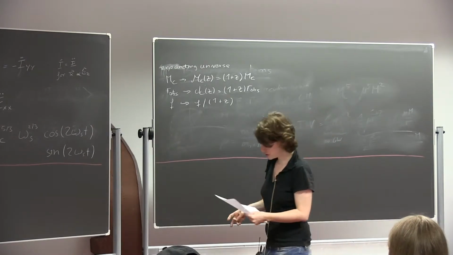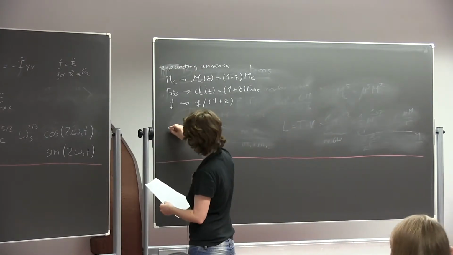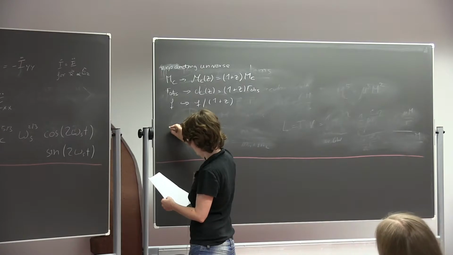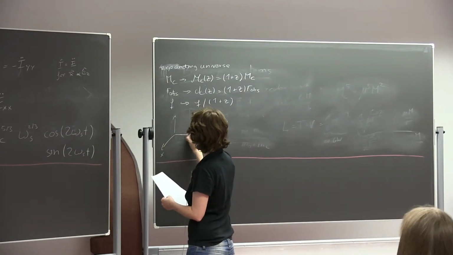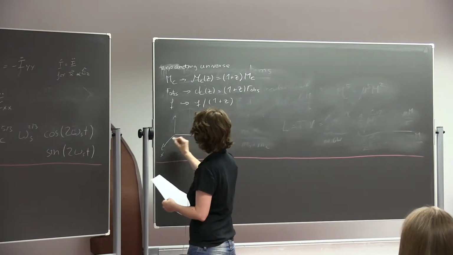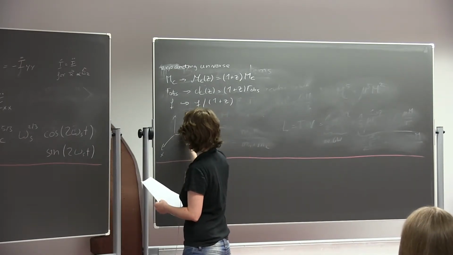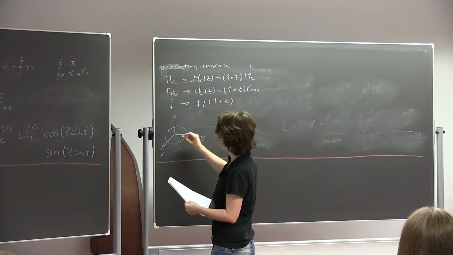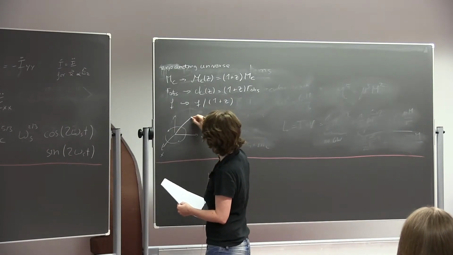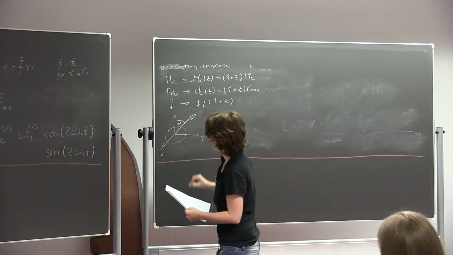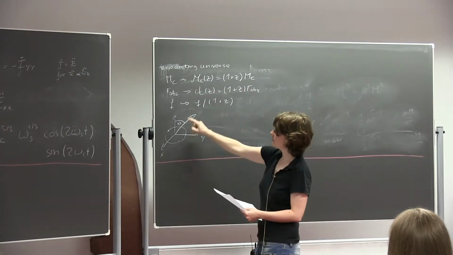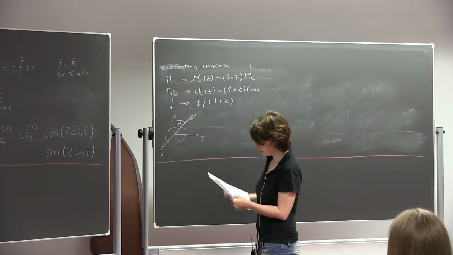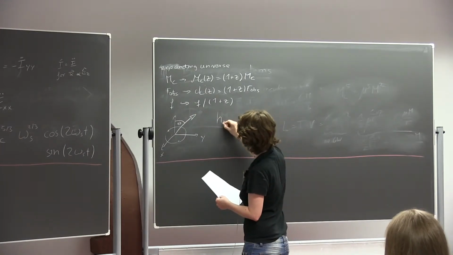So if we have a gravitational wave, we still have our black hole system in the xy plane, but the observer is now at some angle theta from the z-axis. So taking into account this effect and this effect, the final expressions that we get